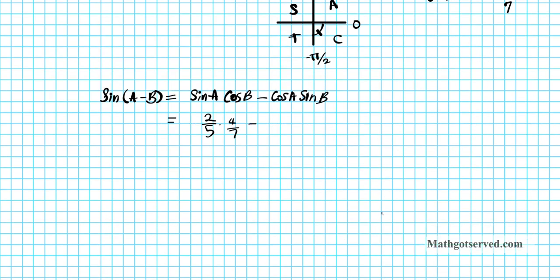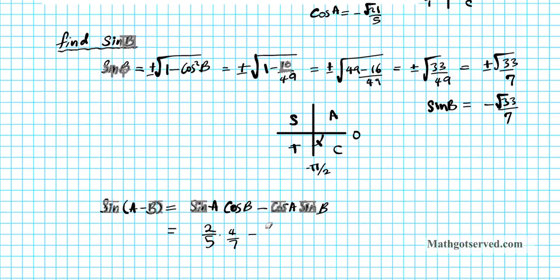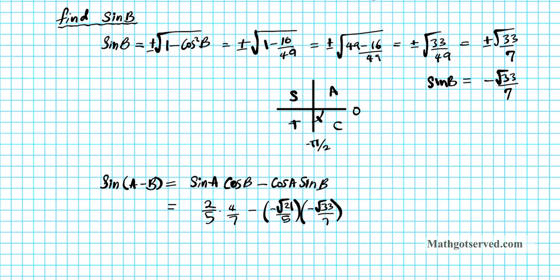minus cosine A. Let's see, where's cosine A again? Negative root 21 over 5. Let's put that in parentheses. Negative root 21 over 5 times sine B, which is negative root 33 over 7. Okay? If we multiply them together, we're going to get 8. Now these two minuses multiply to give you a plus. So let's do this. This is 8 over 35 minus,